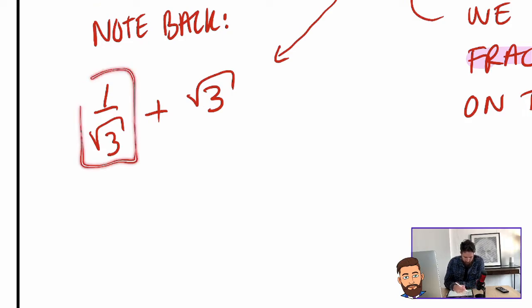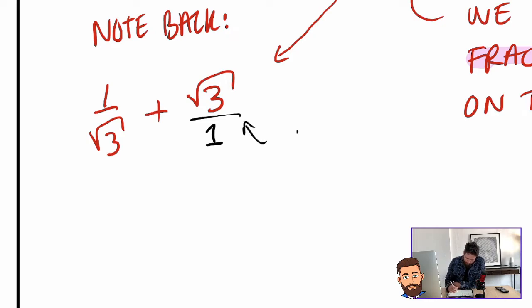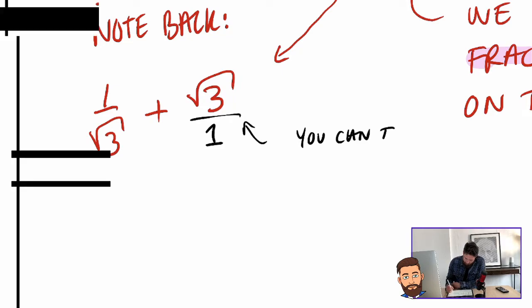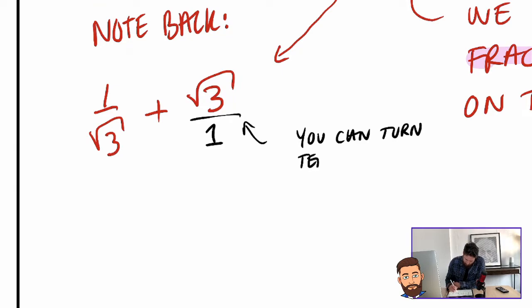We don't like this fraction, and this technically is a whole number. So the first thing that you should be very clear on, and a really good exam skill and mathematical technique, is any whole integer, any term, can be turned into a fraction by simply writing it over 1. And we'll add that note. You can turn terms that aren't fractions, any whole term, in this case a whole surd, into a fraction by putting it